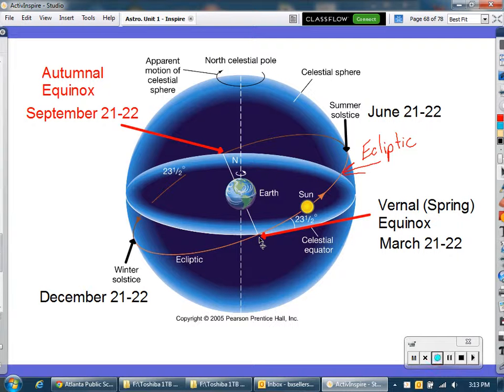So also the summer solstice and the winter solstice can be seen in the celestial sphere because they follow this line right here, which is called the ecliptic. And the ecliptic is the supposed path of the sun around the Earth. Now, obviously, the sun doesn't go around the Earth, and we're quite aware of this now. But if you